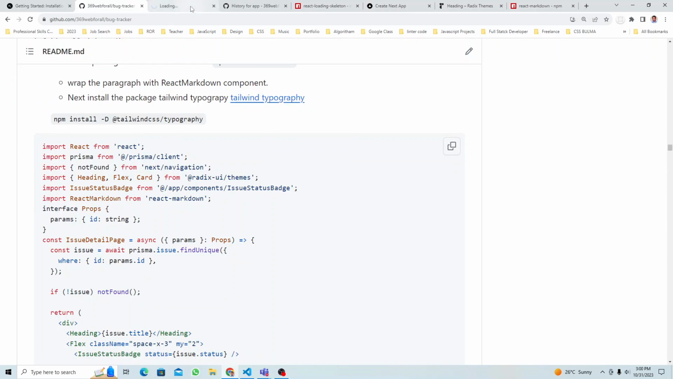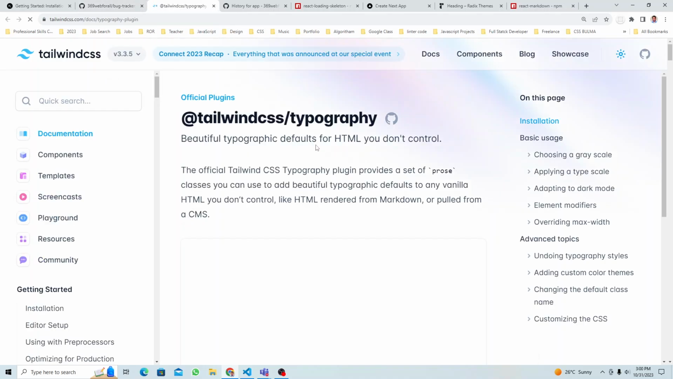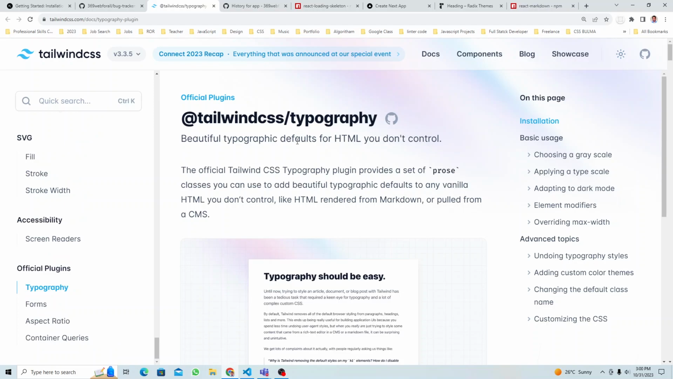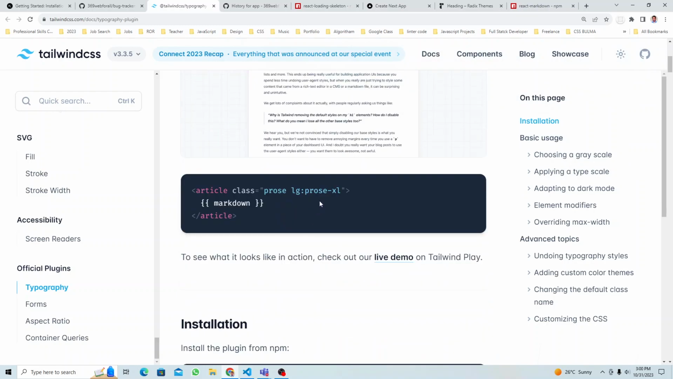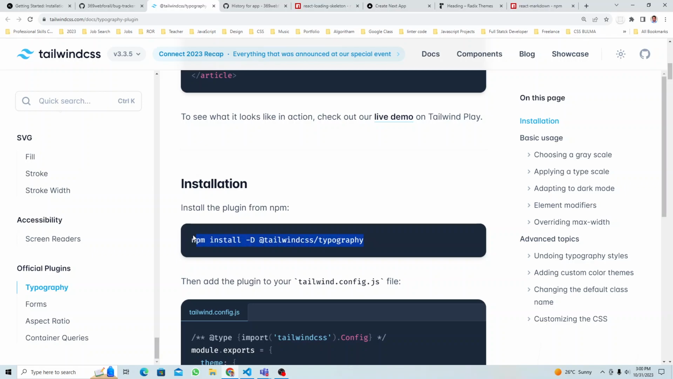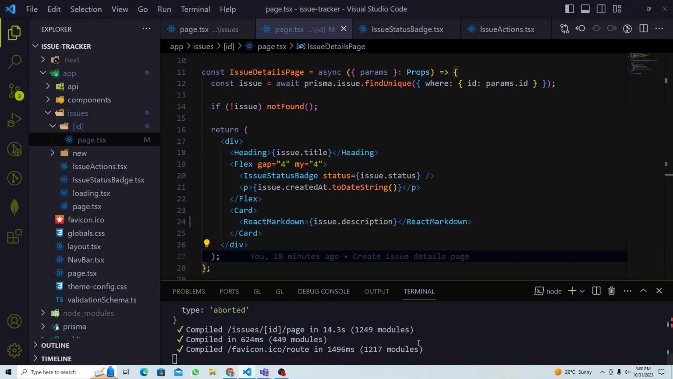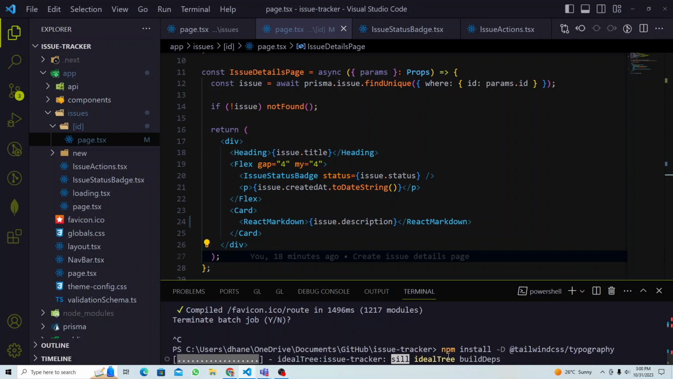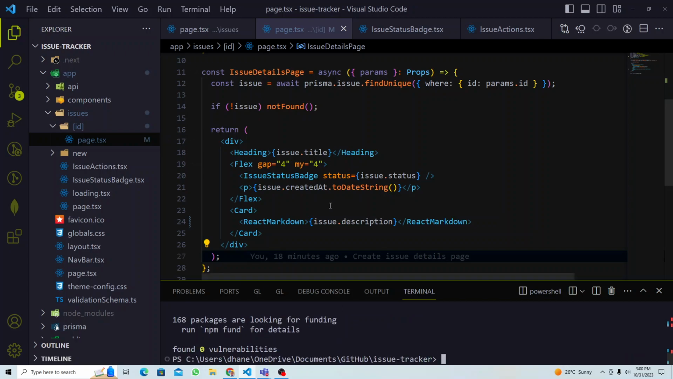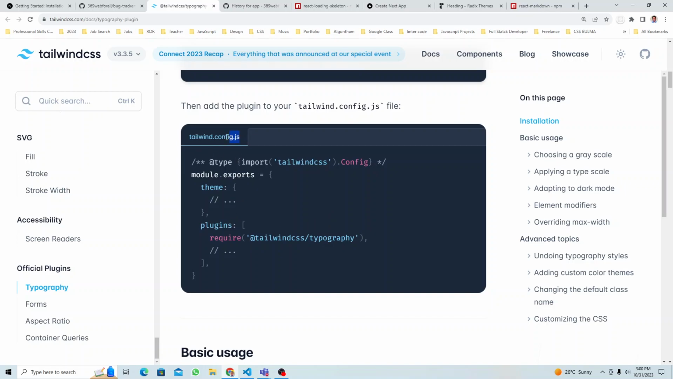So if I open this file, there is some instruction we have to follow. So let's quickly do that. My internet is slow also, see, it's just not working. A beautiful typography default for HTML you don't control, something like that it will do. So how it works, you have to install this first, so let's install that. So just remember, in the future if you use that Markdown, you have to follow all these things. And then in our Tailwind config, you must put this line required,